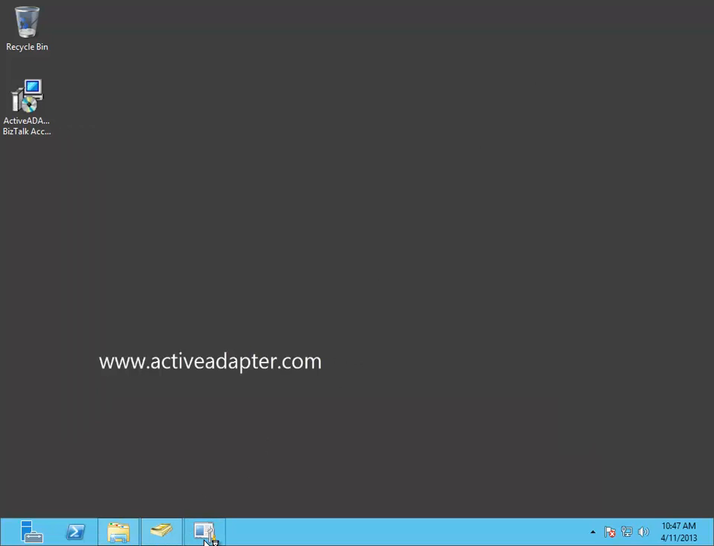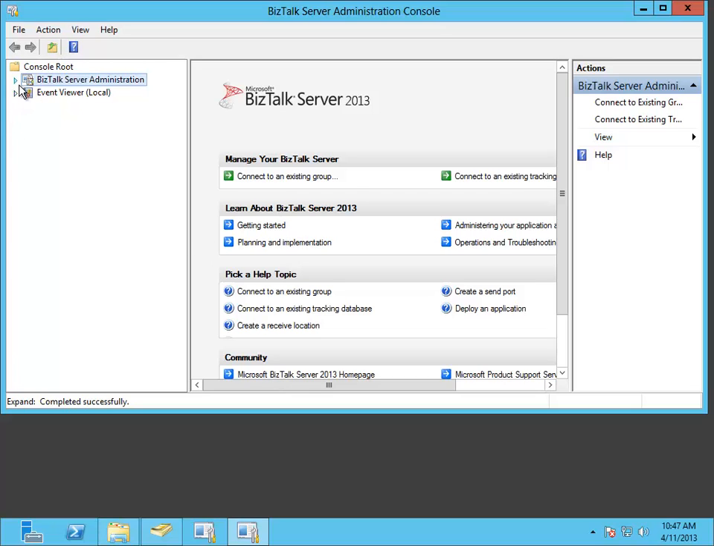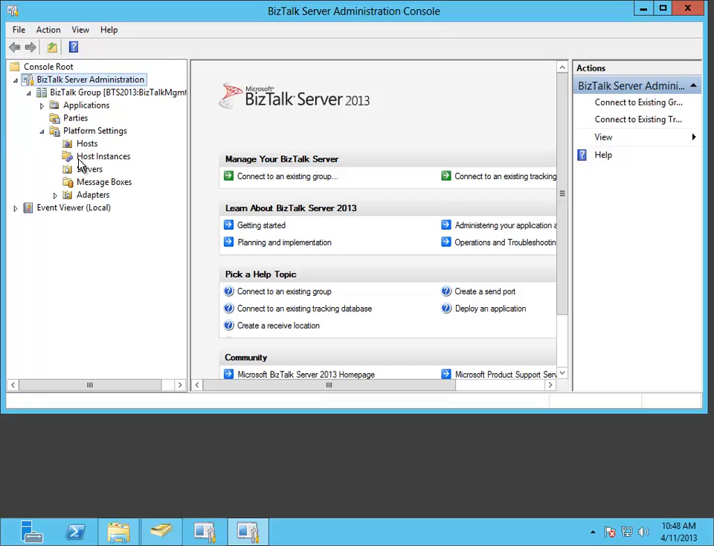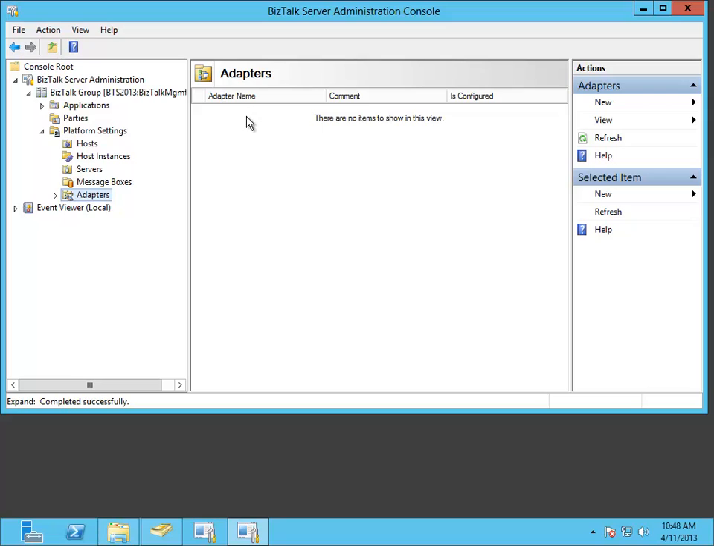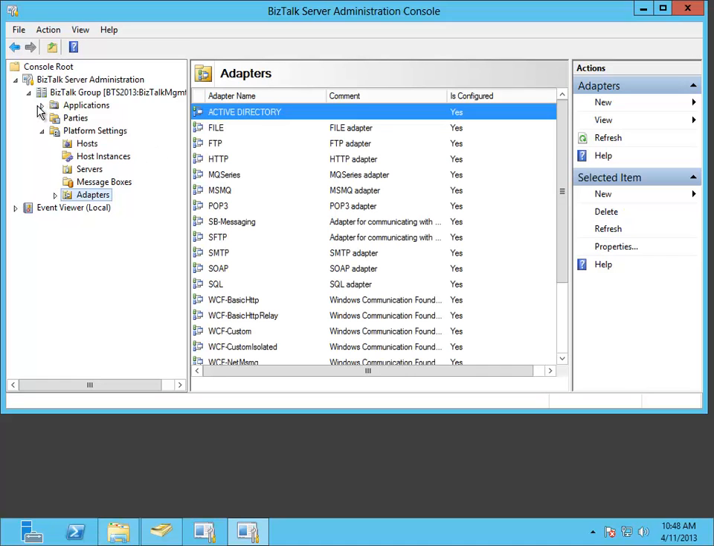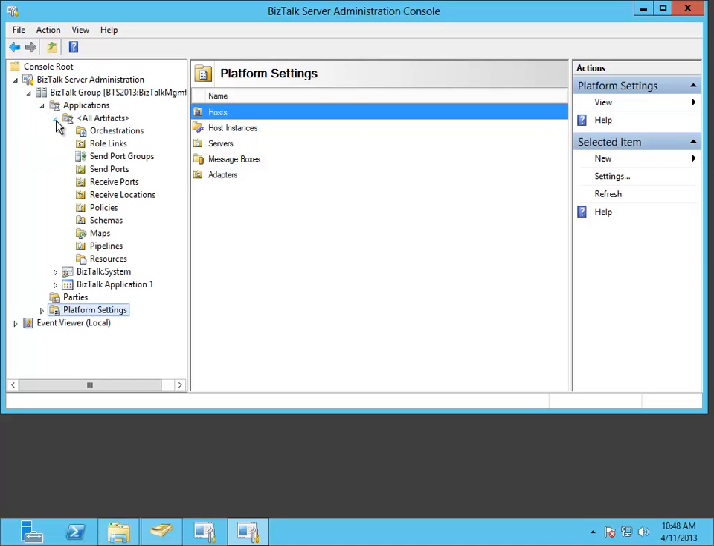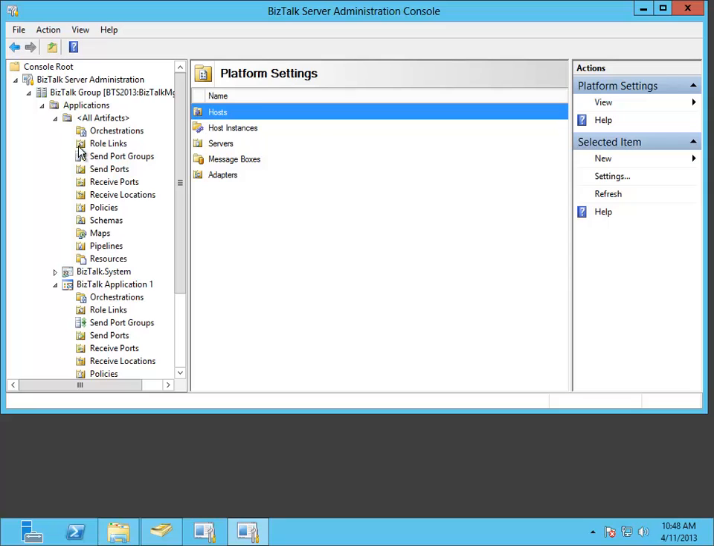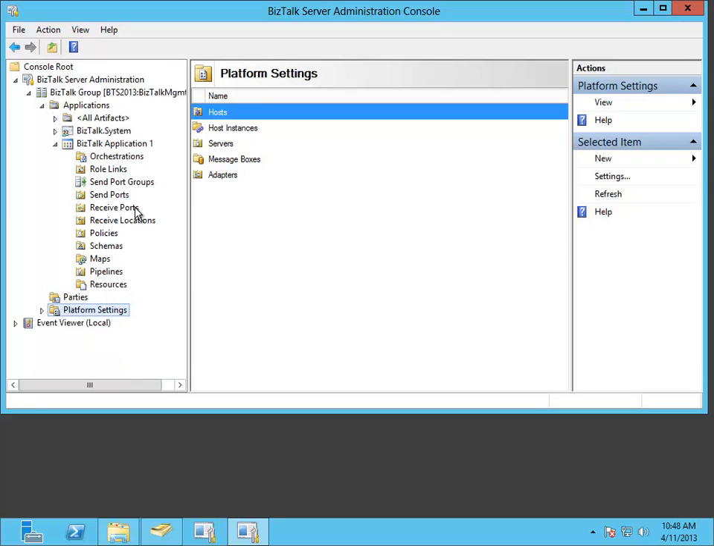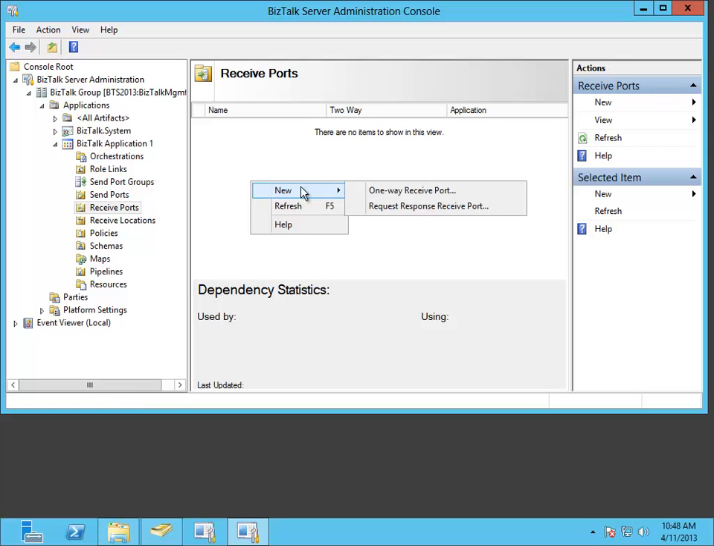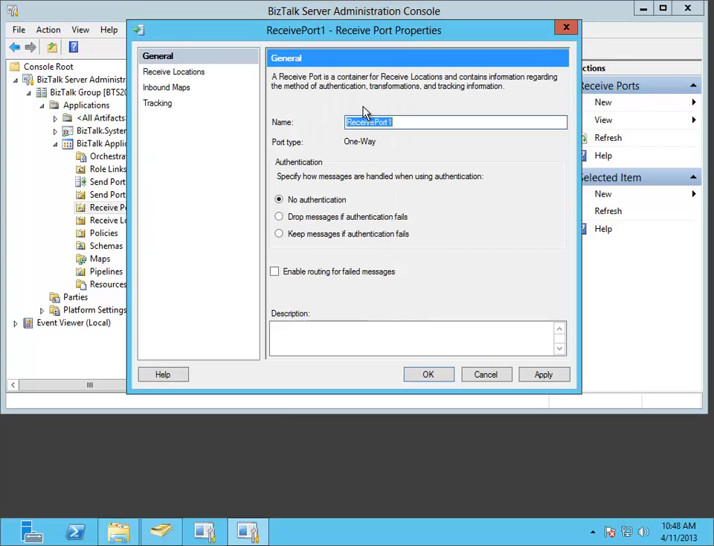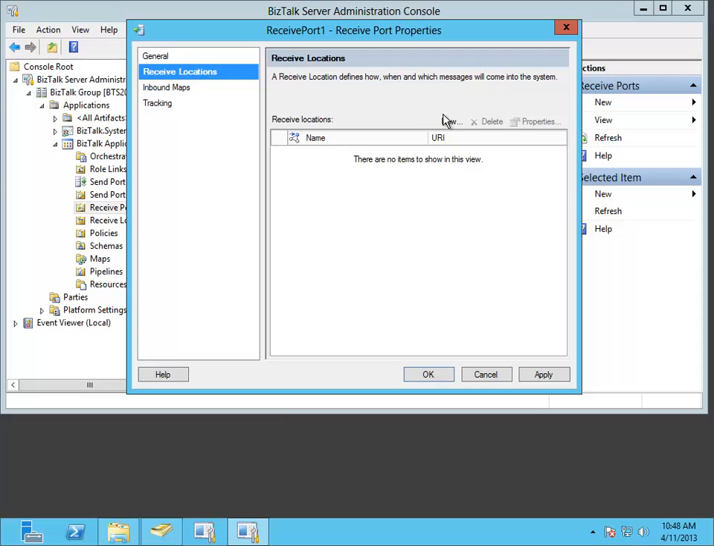So to do that, we go into our BizTalk server admin console, which already has the Active Directory adapters installed. As you see in the adapters listing here, you've got one called Active Directory right there. So to create our application, we go to our default BizTalk application and create a new receive port. Take a copy of the receive port name, create a new receive location,